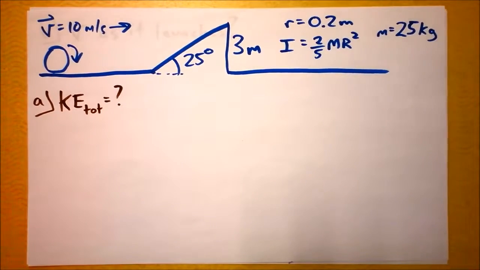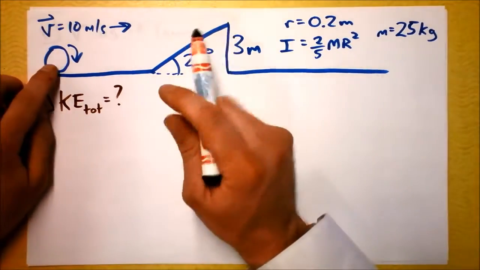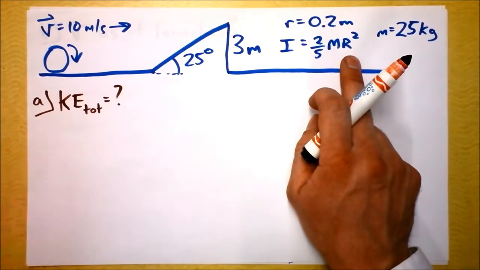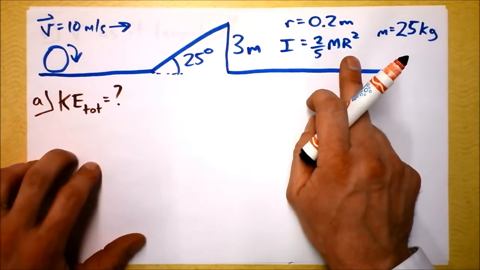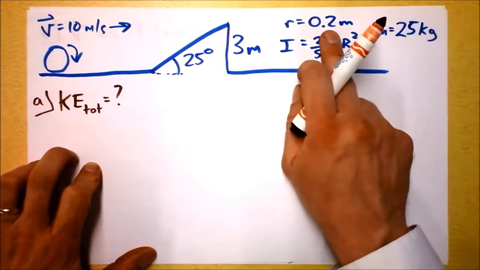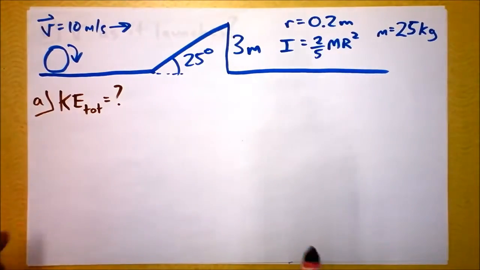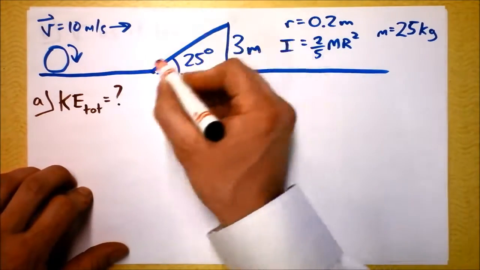So I got this old physics problem, and it's a really wonderful problem. There's a sphere, see? And the sphere has a moment of inertia of 2/5 mr squared, so I guess it's a solid sphere, right? That's what they do. It's got a mass of 25 kilograms, and a radius of 0.2 meters. This is a dense little sucker, maybe it's made out of metal, and it's going to be rolling up this ramp